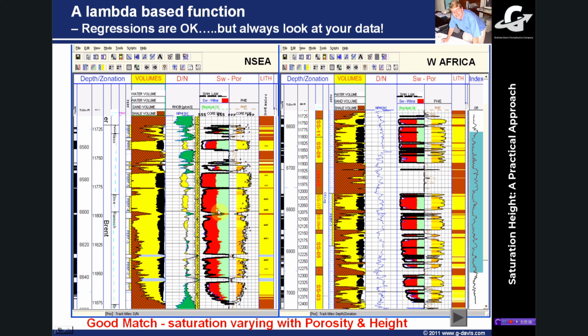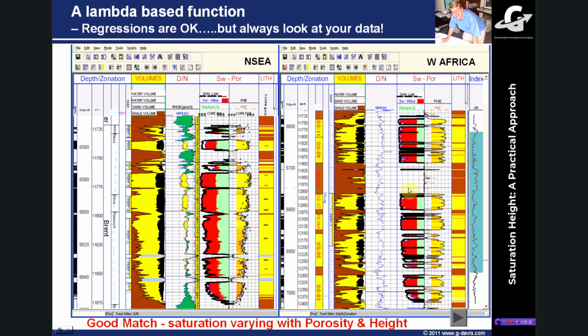So I think this is a lambda function. Yeah, these are the two lambda functions that I've derived for these two fields. Perhaps I'm overcalling oil saturation in that sand a little bit. See, I've got a reasonable handle on porosity. This is the hydrocarbon saturation in red, and the black is the function fitted to it. Not doing too bad a job.